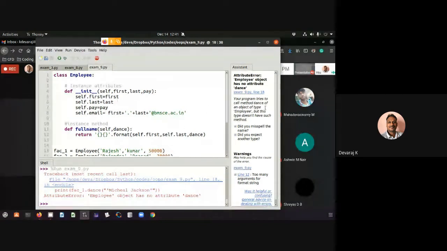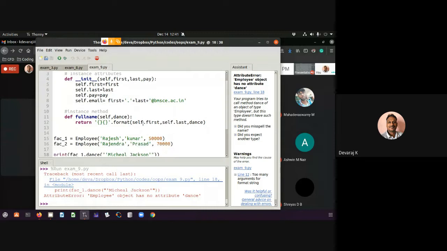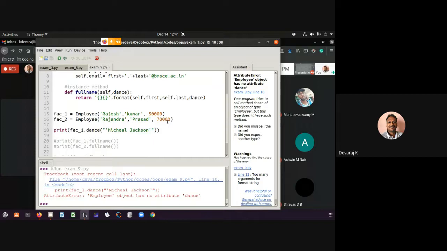I should define this format, first, under a class. Not species. This particular thing is there. This should run. That's fine. Full name, that is not running. It has to run.